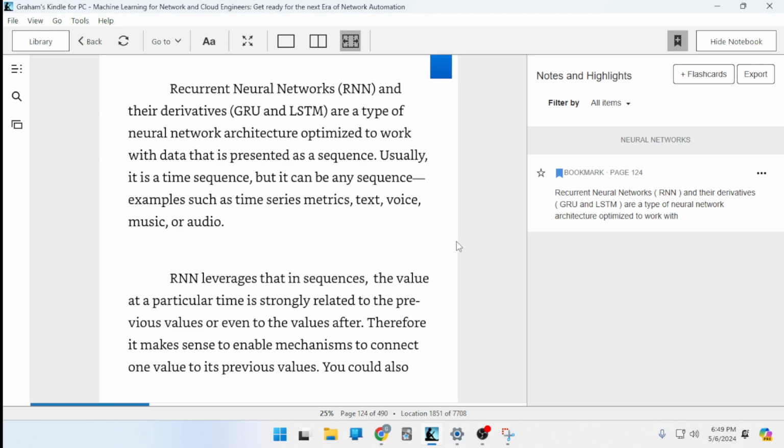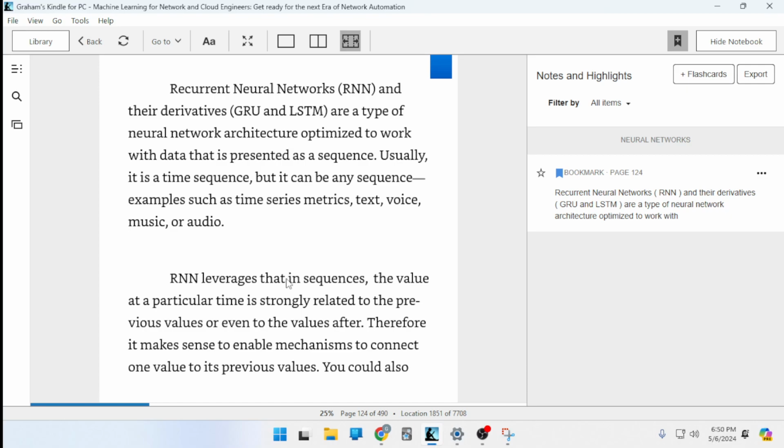Okay, so recurrent neural networks, RNN, and their derivatives, GRU and LSTM, are a type of neural network architecture optimized to work with data that is presented as a sequence. Usually, it is a time sequence, but it can be any sequence. Examples are time series metrics, text, voice, music, or audio. RNN, which we remember stands for recurrent neural network,